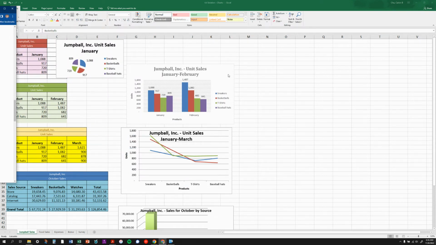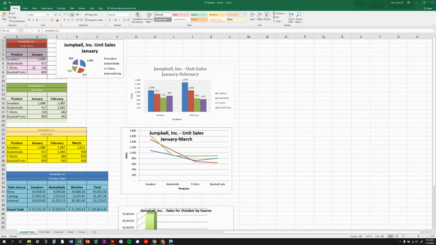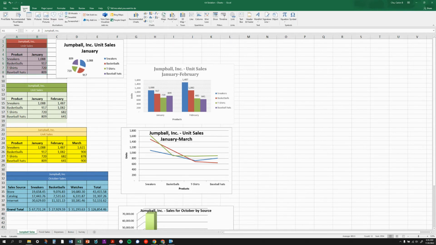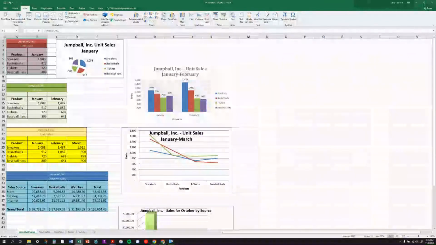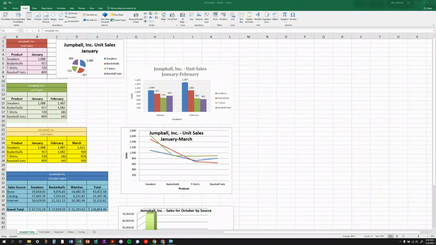In these lessons coming up, you're going to be creating charts. You're going to be using some of these data tables, and then you're going to go to the Insert tab, go into this chart section, and be able to create charts on your own. You'll learn that in the lessons coming up. One thing that I did want to bring to your attention is, as we're creating charts,